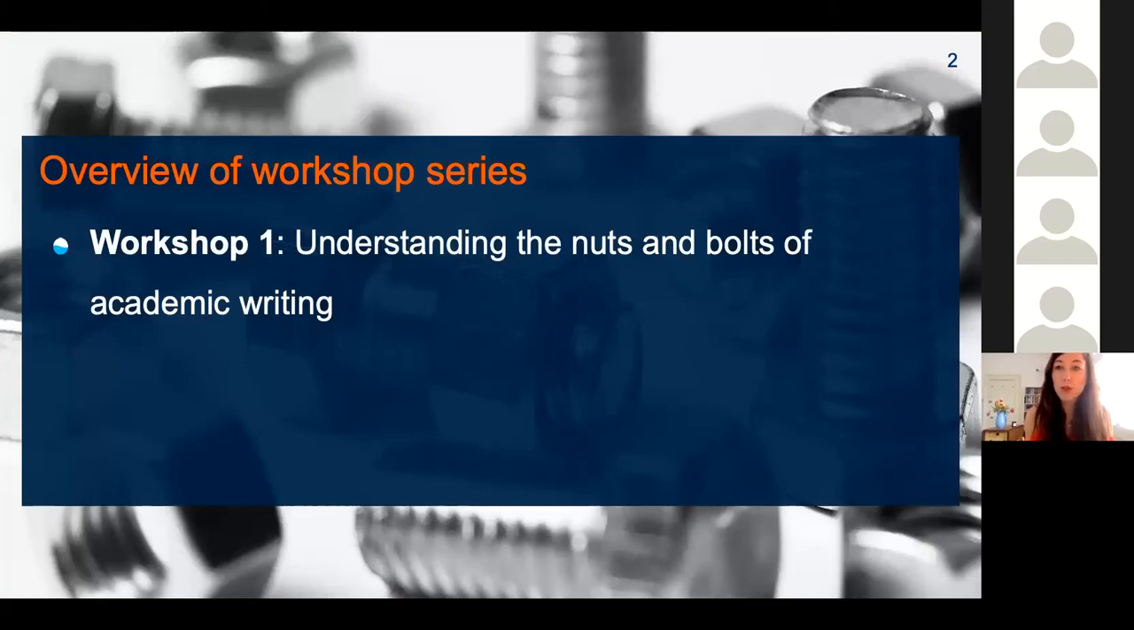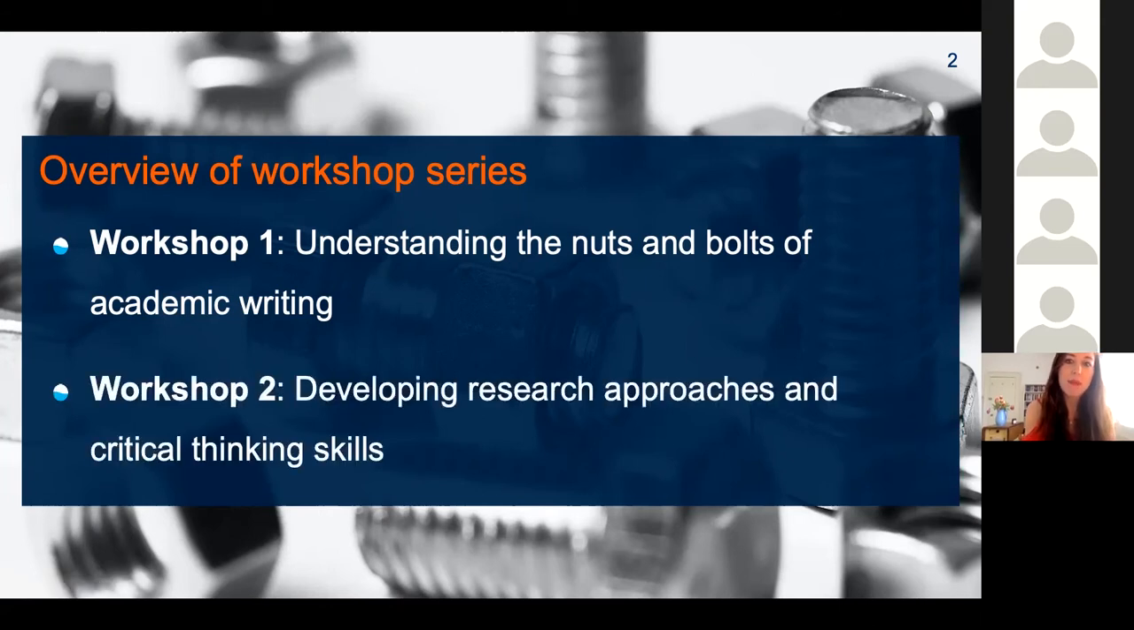So the overview of the workshop series: there are going to be two workshops. As I said, this first workshop is about understanding the nuts and bolts of academic writing. And the second workshop, which I think should be towards the end of March, date to be confirmed, is all about developing research approaches and critical thinking skills. So more about how we carry out research, what approaches we use, and how we think about literature critically. That will be the second workshop. But for today,